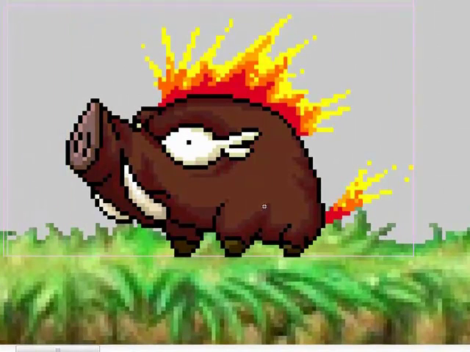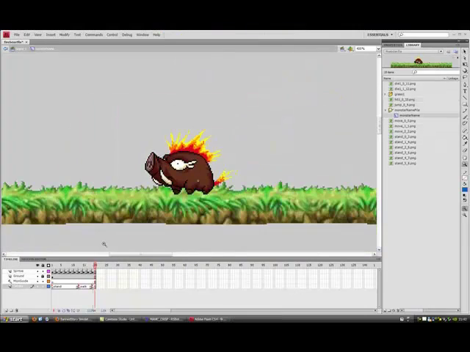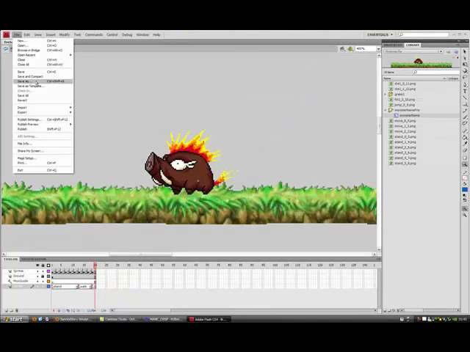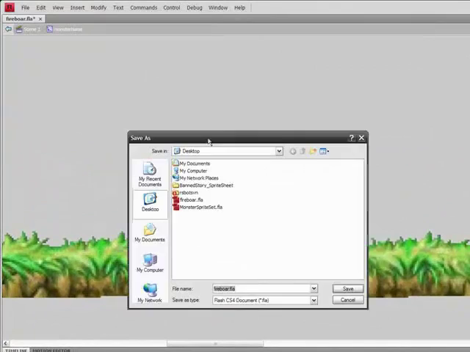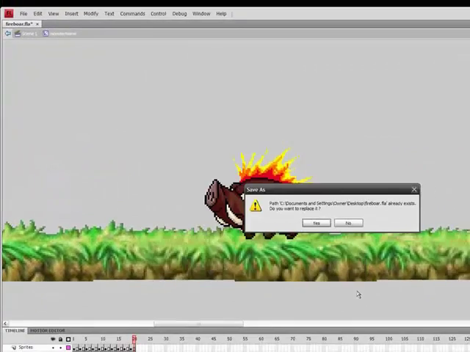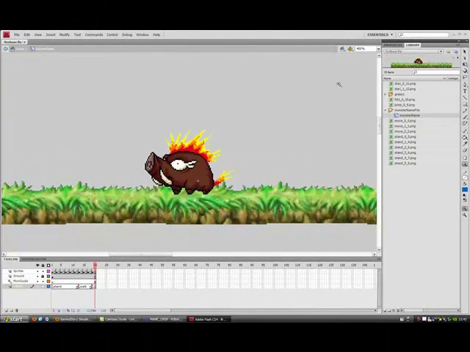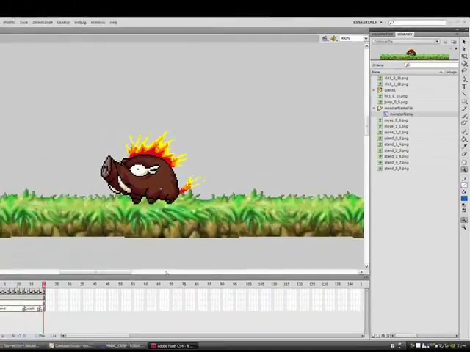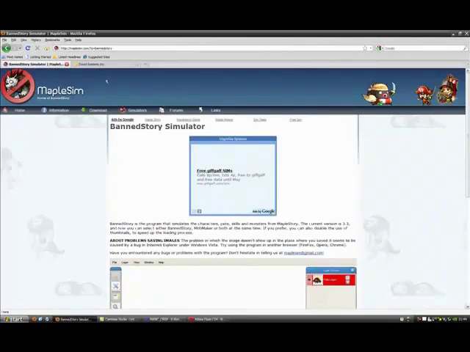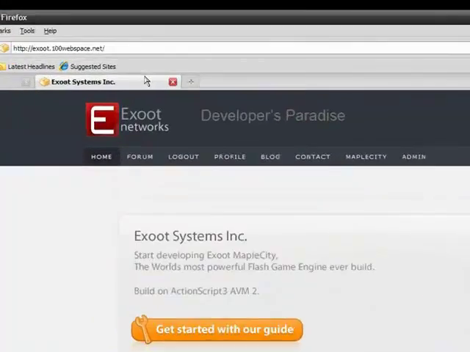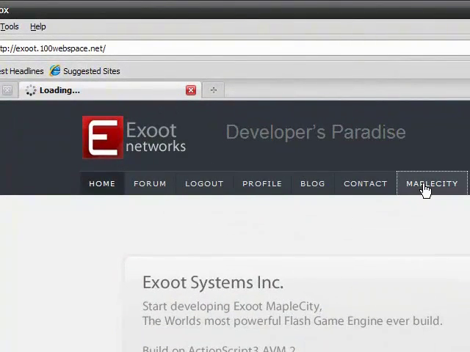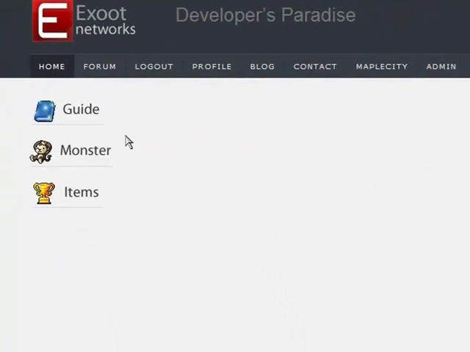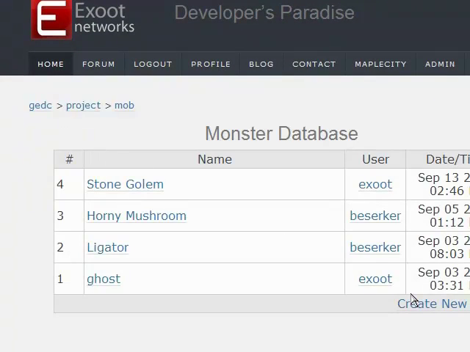There we go. That's that. When you've done all your frames, save it as the name of your monster. So mine is Fireball. Keep Flash open, you'll need it for the next part. Right, go to Exoot Systems Inc. Go to MapleCity. At the top bar, Monster, create new sprite,